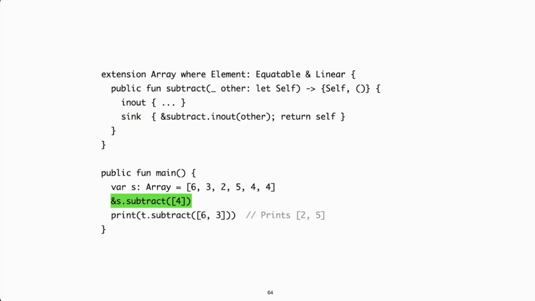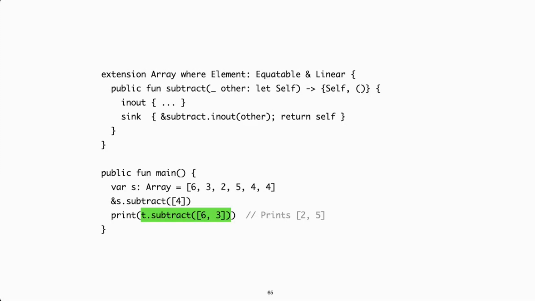Using this bundle, the compiler can select on its own the appropriate variant depending on the call site. Here, for example, the compiler will select the in-out variant because we want to mutate s in place. This can be determined from the fact that we have a mutation marker on s, and s is used once more after the call. So presumably we still need the value of s. On the other hand, in this second case, the compiler will select the sink variant because the call is the last use of s. We don't use s after the call, so we can just let it move and be sunk into the method.